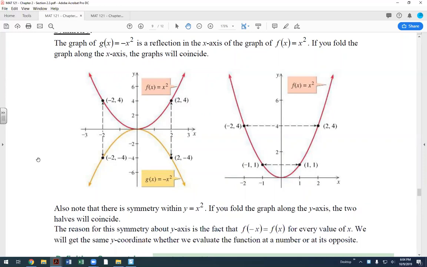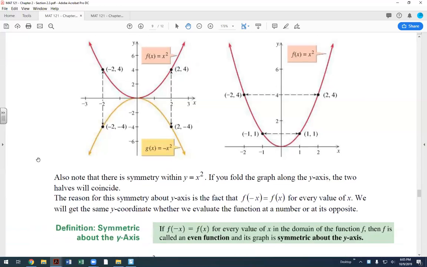Because the main reason for not using symmetry on the x-axis is that if you have functions that have symmetry with respect to the x-axis, they're actually not going to be functions, right? Because they fail the vertical line test. Think about a parabola that opens on the right-hand side. When I draw a vertical line through that, it's going to fail being a function. So it's an equation, but not a function. So that's why we're not looking at symmetry with the x-axis. We're looking at symmetry with the y-axis, and we'll also look at symmetry